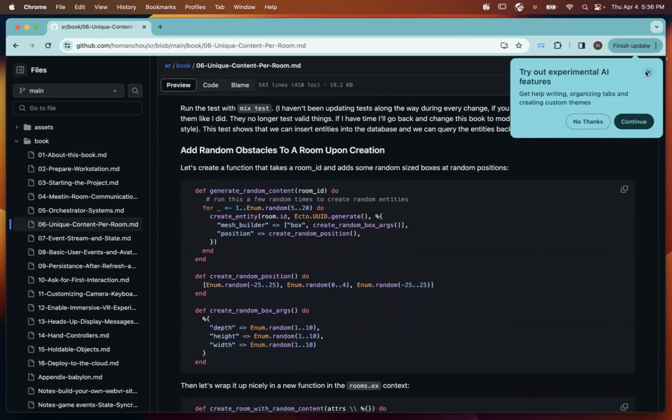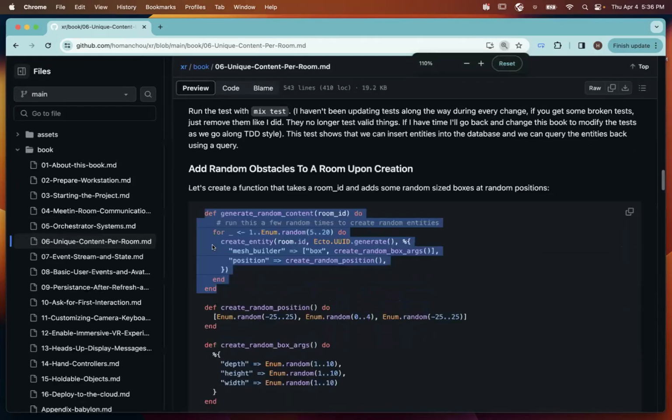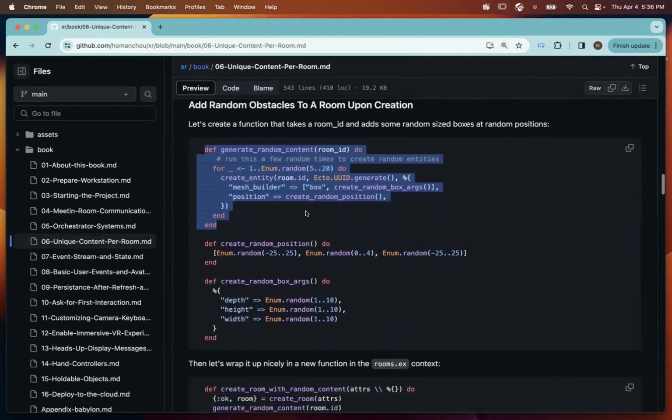So today we want to be able to generate random content. So we're going to create a new function. Let me make this a little bigger. We want to be able to create random content. So at some point during the room creation, we're going to call this generate random content function, passing in the room ID. And then we're going to loop